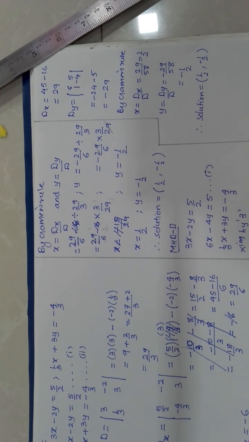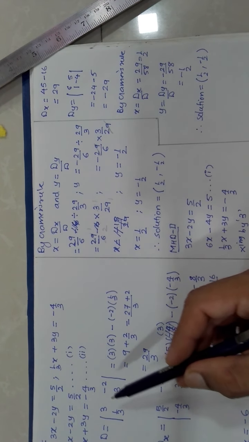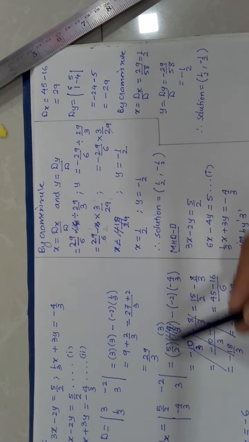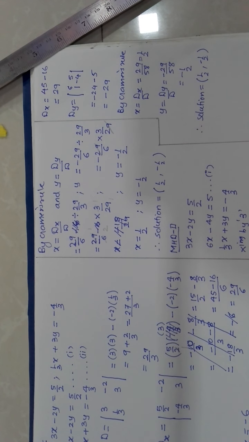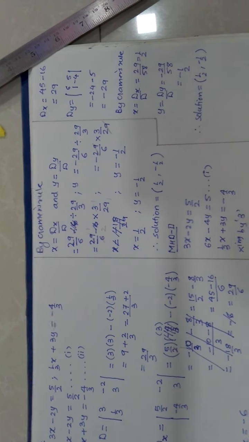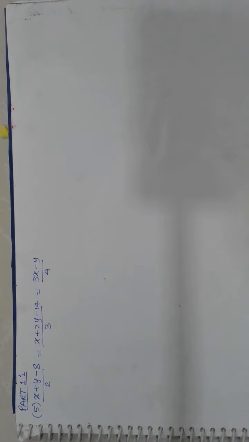But the previous method here comprises fractions, so the solution part will be slightly critical. When you solve, you have to be very careful because you are removing the denominator. Not a single part must be left without multiplying. Then in both cases you will get the correct result. Now we'll continue to the next part.